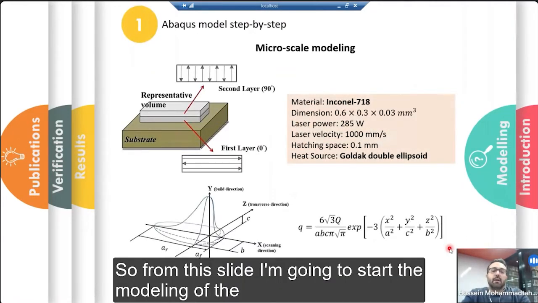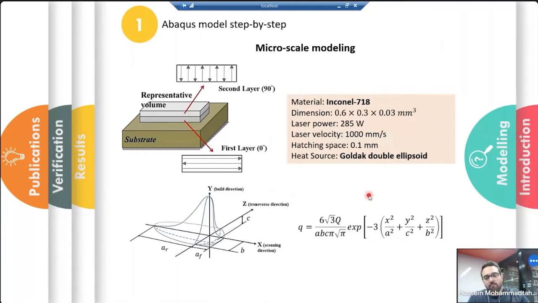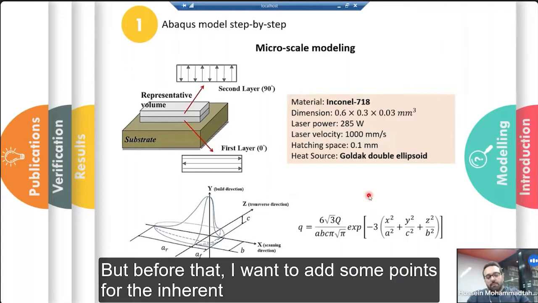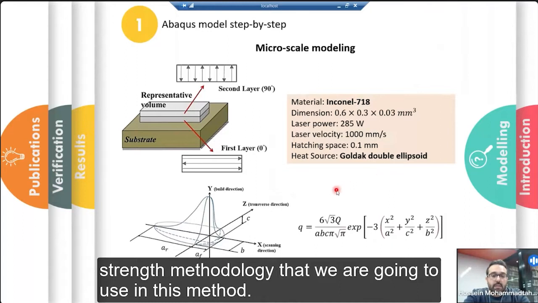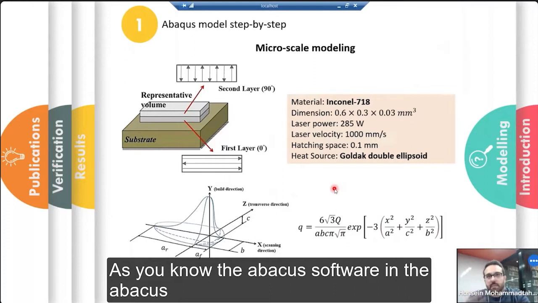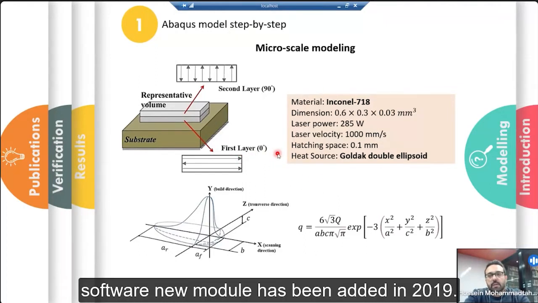So, from this slide, I'm gonna start the modeling of the macro scale. But before that, I want to add some points for the inherent strain methodology that we are going to use in this method. As you know, the Abaqus software,